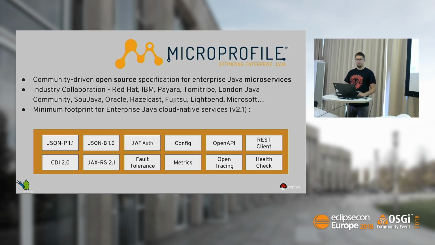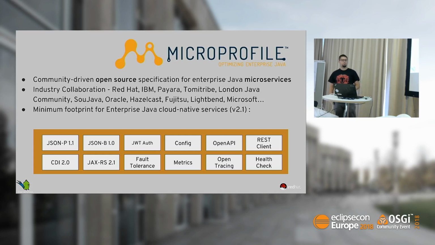It is a collaboration between Red Hat, IBM, Payara, Tomitribe, and lots of others, even Oracle. And currently, MicroProfile has specifications for exposing REST APIs, dependency injection, manipulating JSON, configuring applications, securing them,